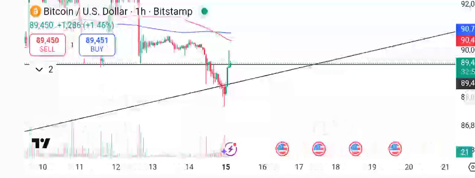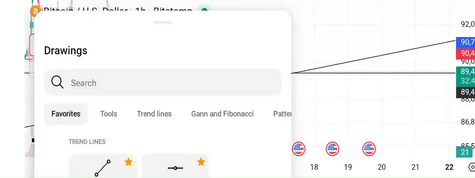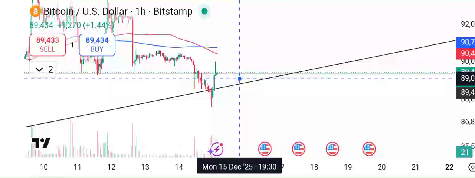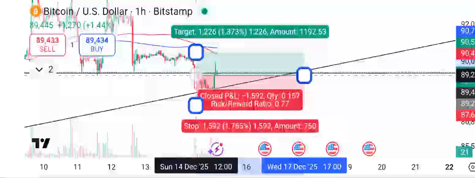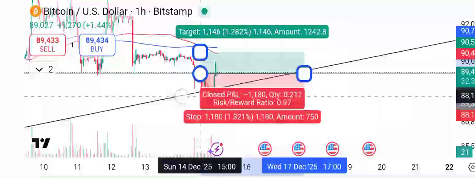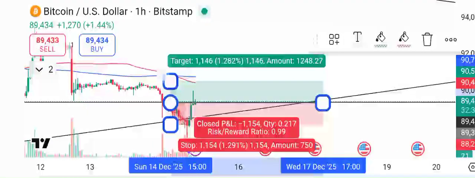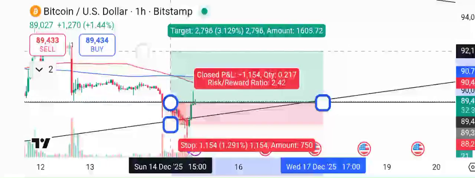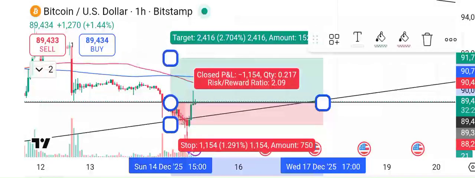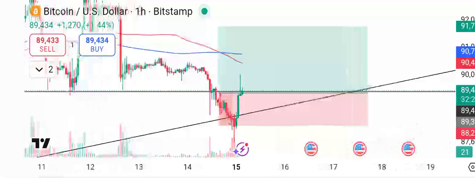So what do we do? We just place a buy order from here now, since we are seeing that demand is coming into the market. Place a buy order from this point here. This is our entry. We'll place the stop loss below this big bullish candle which we have here, and then we target 2x to the upside, 1:2. Okay, all right, this is the setup. So let's just see how this plays out.